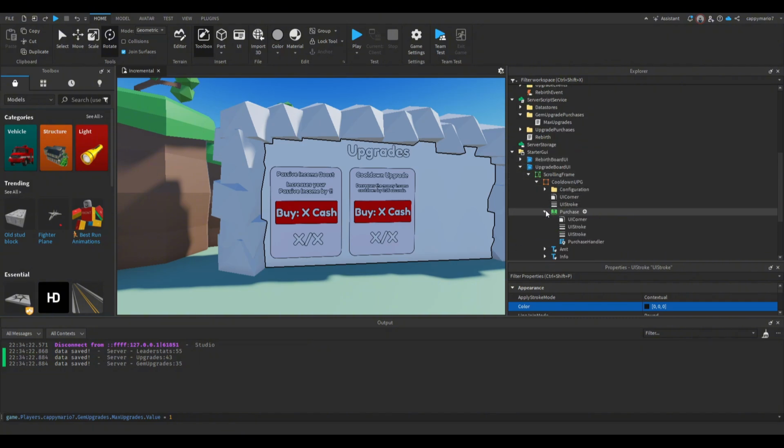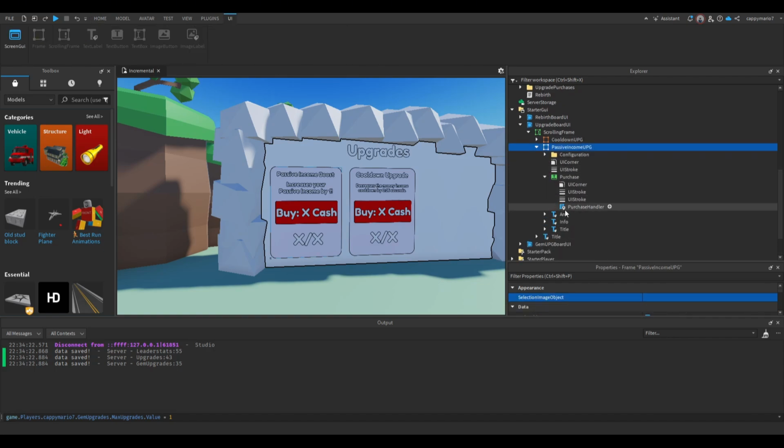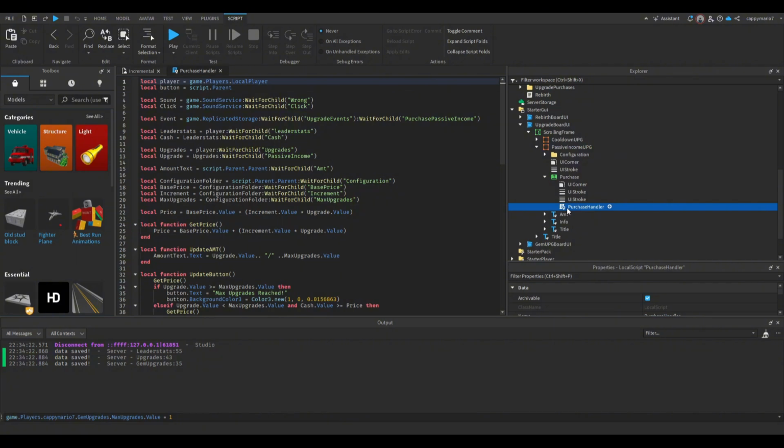the big stuff. Alright, open the frame for passive income. Open it up, open the purchase button, go into purchase handler, and here it is, the doom and gloom of this monstrosity. Now, what I want to do first, before we're even able to add in the gem upgrades, is we have to change how these variables work. I thought the configuration could be easy, but we're gonna have to change the way configuration works. So,